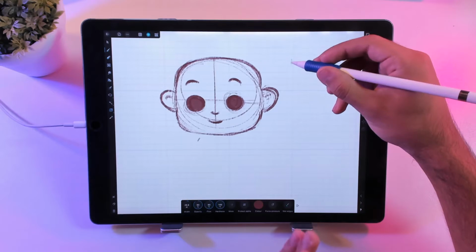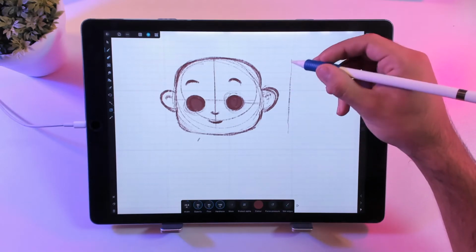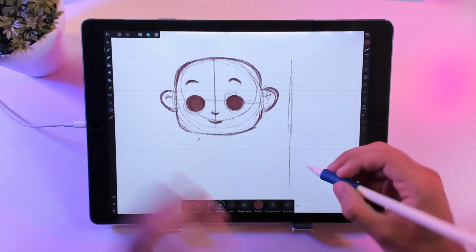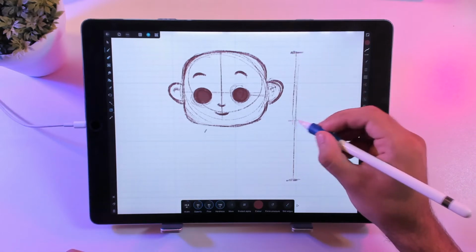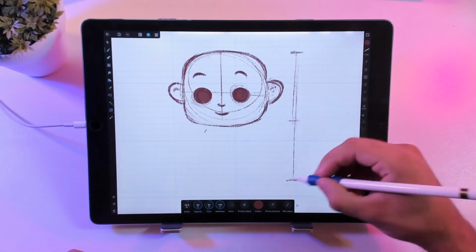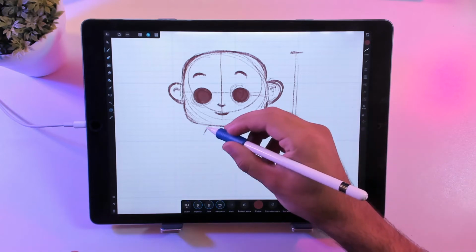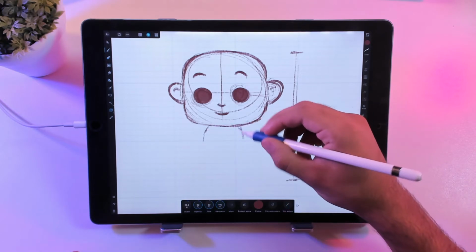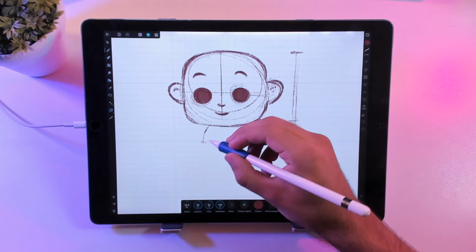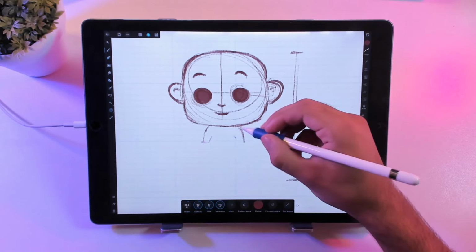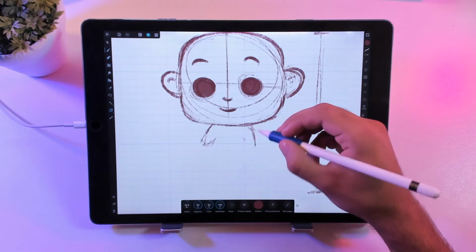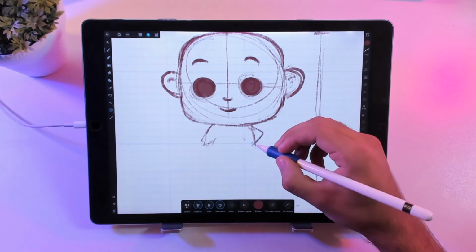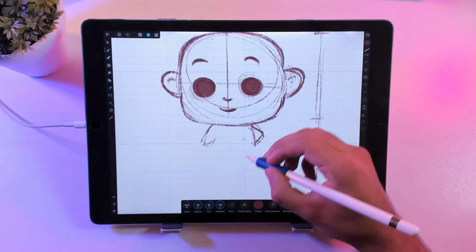For example, this line will be the proportion. Okay, the proportion will be right here, and let's make this kind of proportion. This is gonna be the body. Okay, so let's make the body like this. Very short limbs. I don't know if I will draw a kind of expression. Let's see. I mean the gesture,